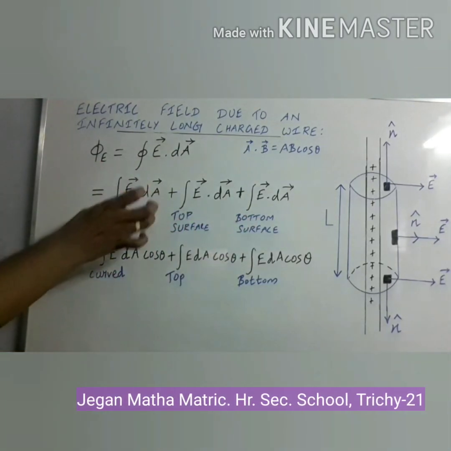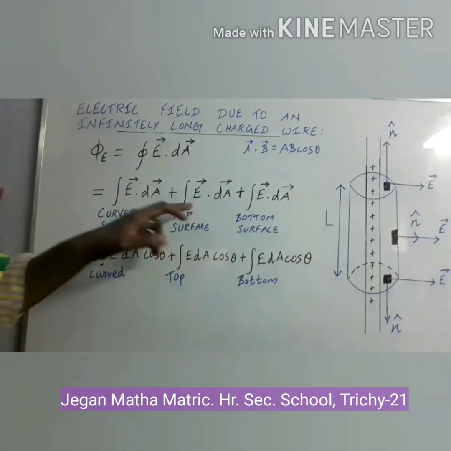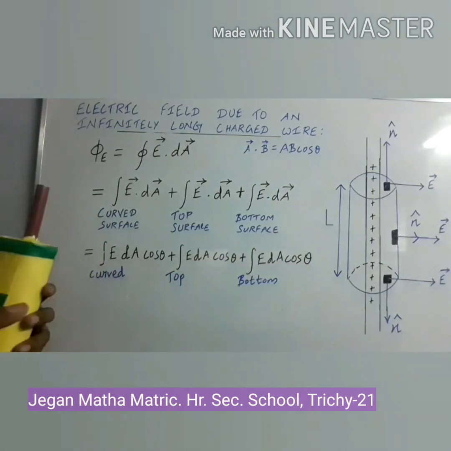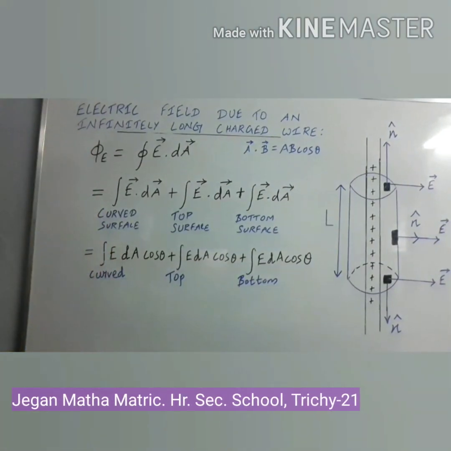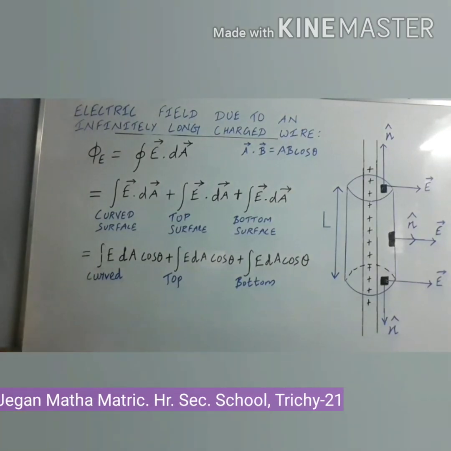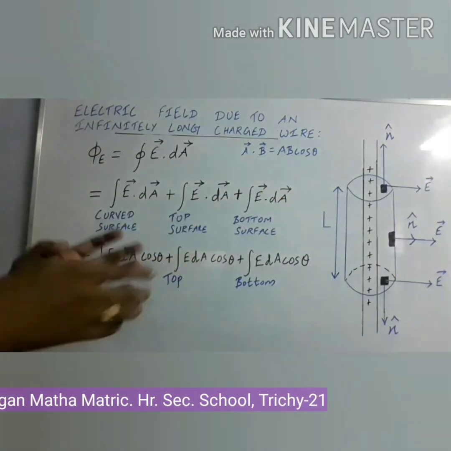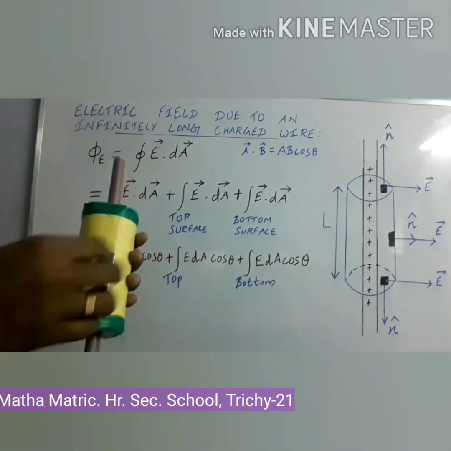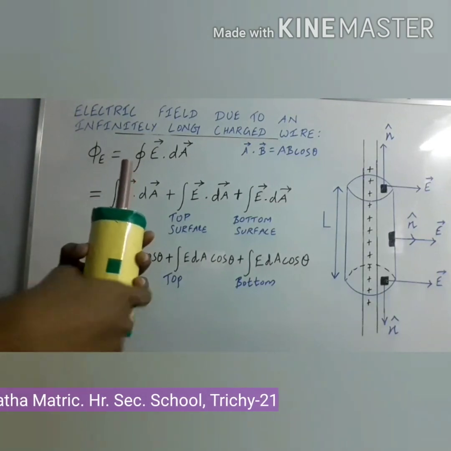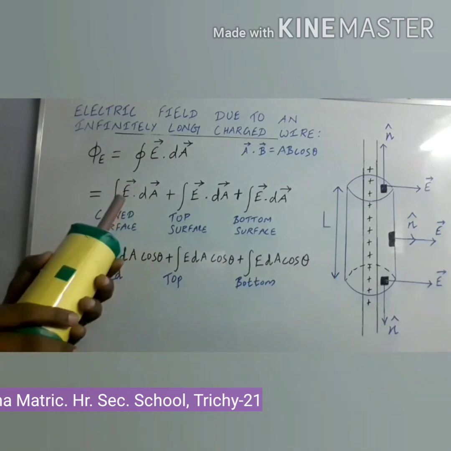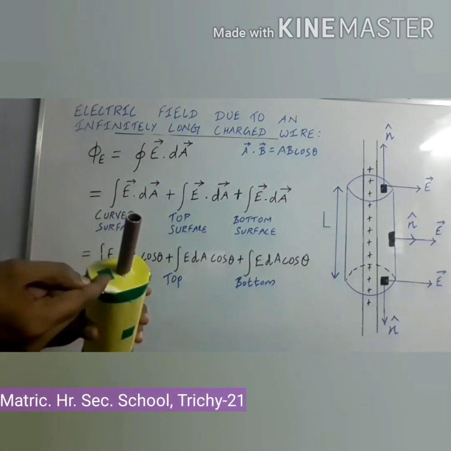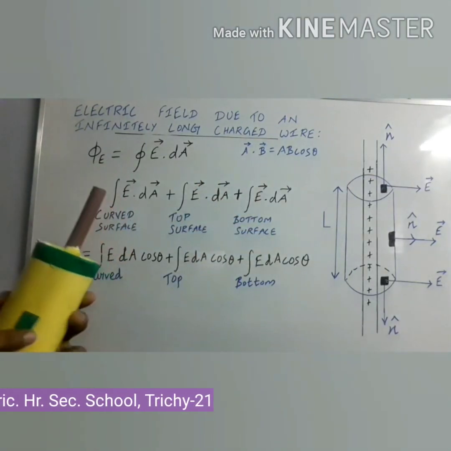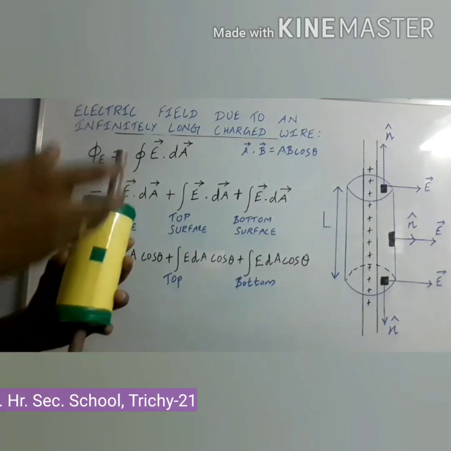This expression will give you the electric flux in the curved surface. The second expression will give you the electric flux through the top surface. The third one represents the electric flux through the bottom surface. To find the electric flux in the closed surface, we are going to consider the small area, that is dA, in each surface. Here it is a small area dA in the top surface. Here it is a small area in the curved surface. Here it is a small area in the bottom surface. Now we are going to find the electric flux through these small areas only. Using integration, finally we can find the total electric flux through the entire closed surface.